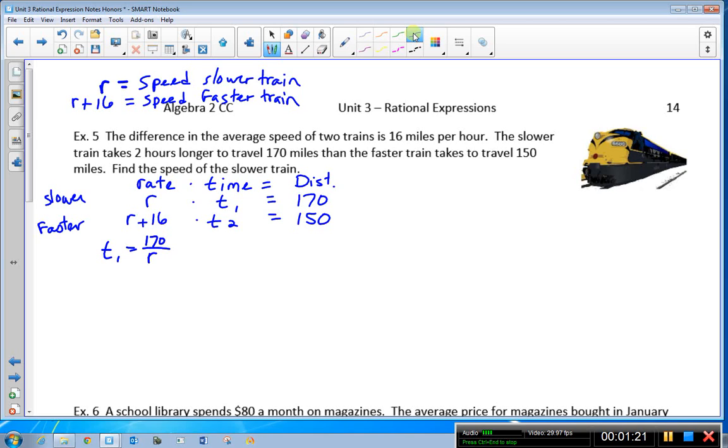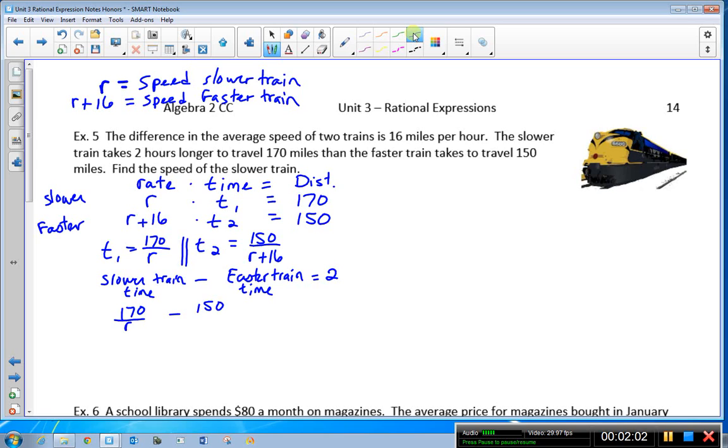170 over r. And time 2 is equal to 150 divided by r plus 16. So the slower train's time minus the faster train's time should equal 2. And that's where I got my equation from, which was 170 over r minus 150 over r